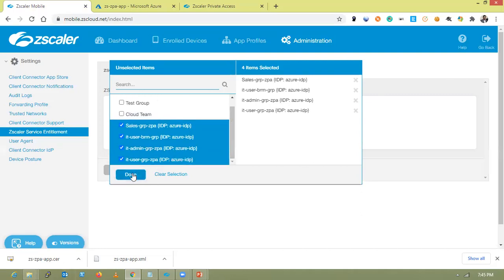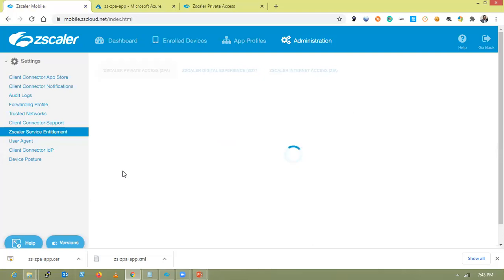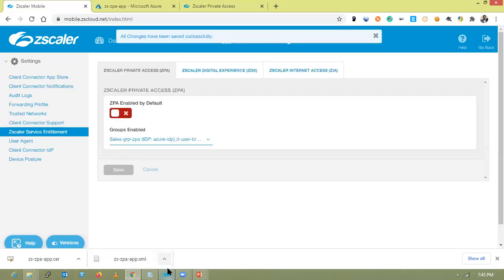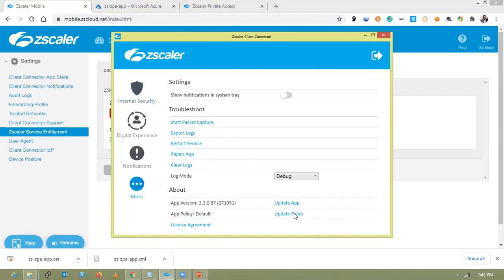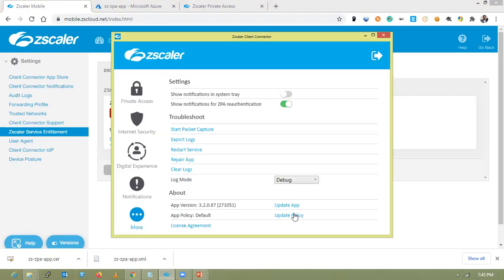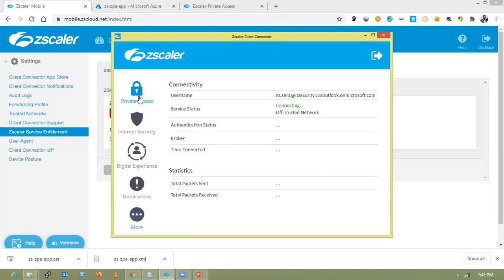Just choose all the groups and click save. Once you save it, go to the client connector once again, go to more and update policy. Now the private access is activated.